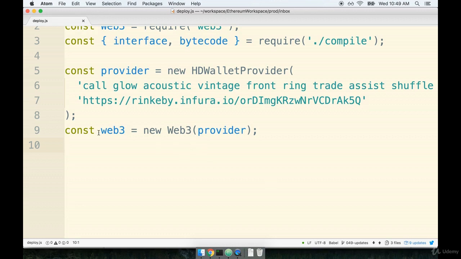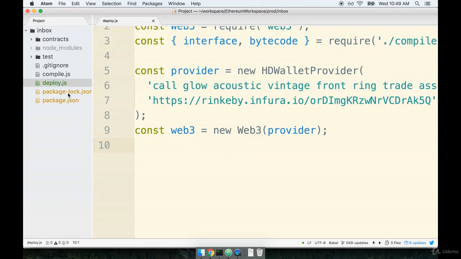In the last video, we set up our Web3 instance along with the HD wallet provider. Now we're on to our very last step, which is to use this instance to actually deploy our contract. The first thing I want to talk about regarding deployment of the contract is that our code is going